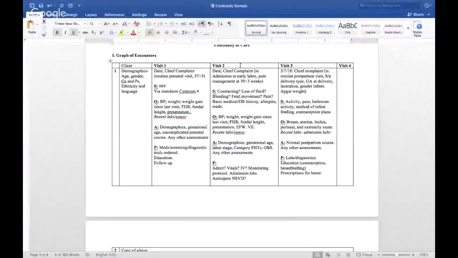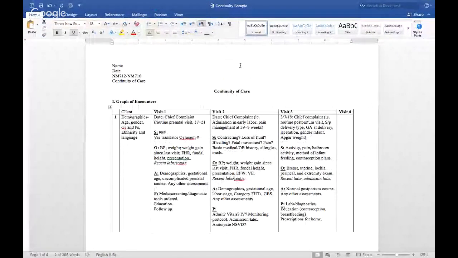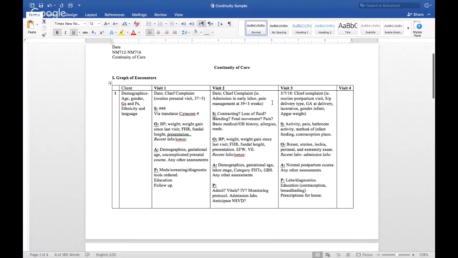So here it is. The continuity assignment is basically two sets of 3 SOAP notes, and then a Prezi that is also 3 SOAP notes. I can show you guys my Prezi later if you want. I don't know if that's an honor violation, so maybe I won't, but this is, again, the basic